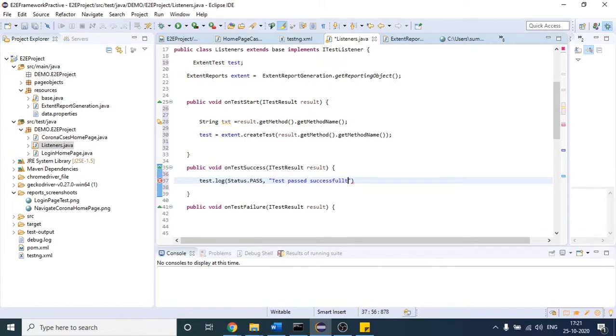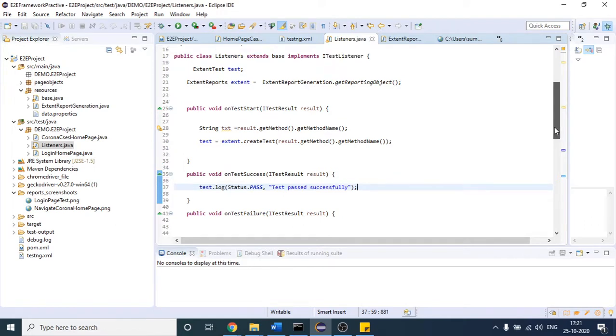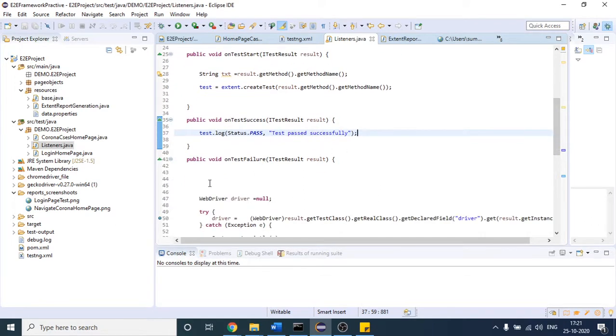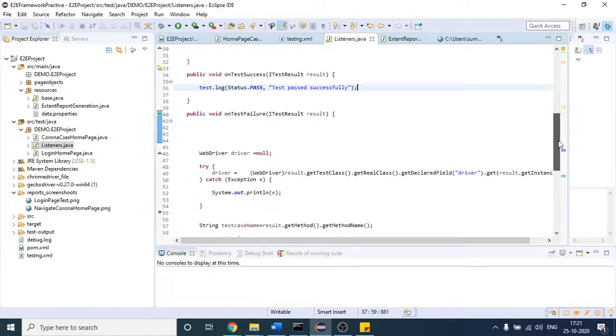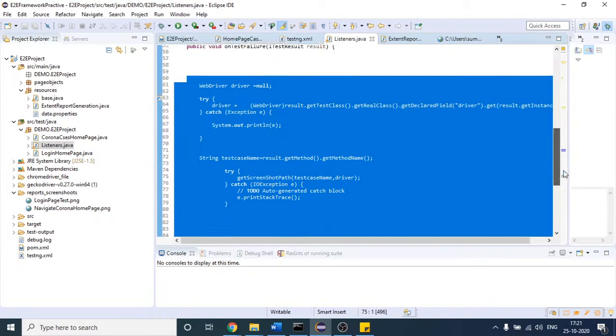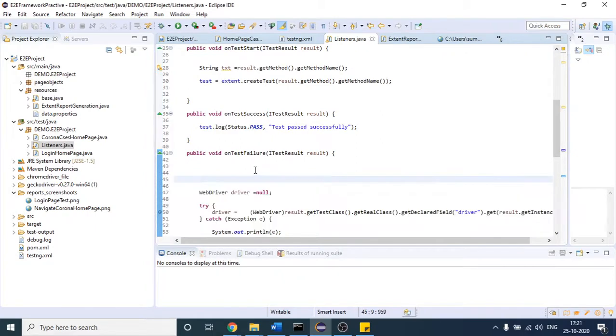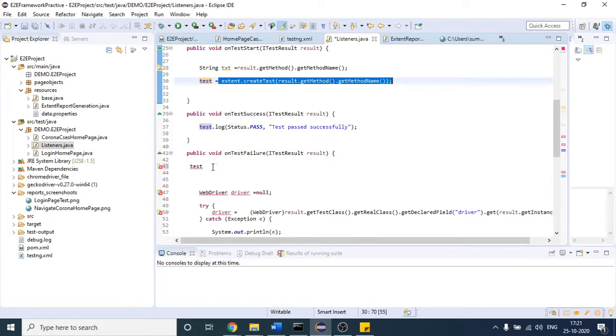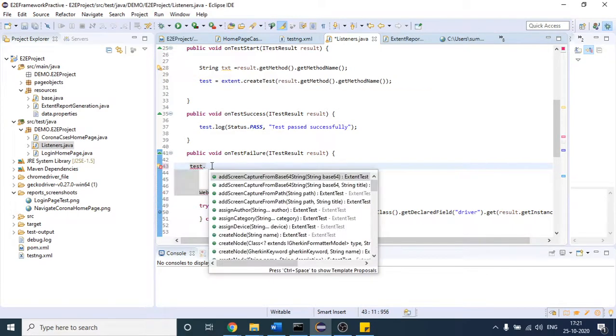Likewise, if I come to on test failure, we have already written the previous code. If the test fails, I want to take a screenshot every time. That is the old code I have written. But if the test fails, I will also use the object returned by this line to provide some logs into your file.